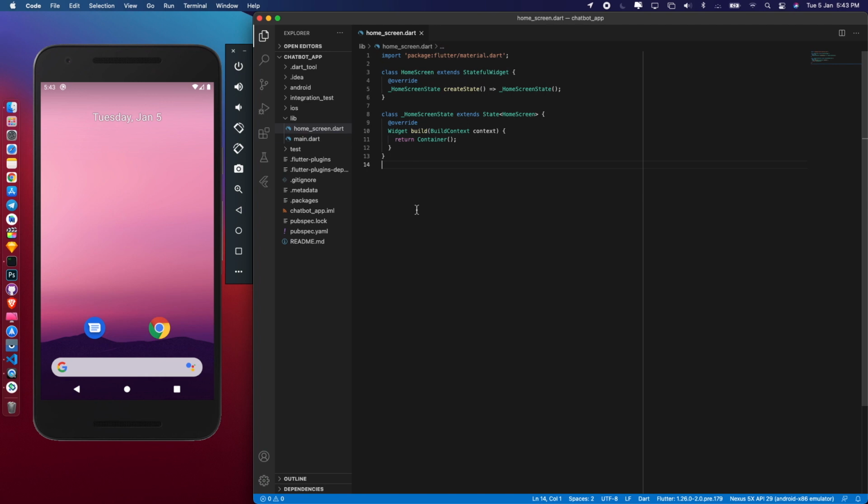Now we need some properties and variables for our app. We will first define some properties and variables. We need a state management for our animated list.